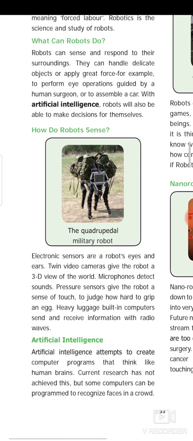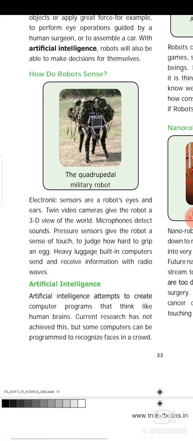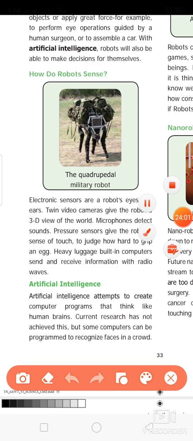How do robots sense? Electronic sensors. This is a very important thing that you have to know. Robots means automatically, knowingly or unknowingly, your thought will move on to the movie Endhiran. So don't be too exaggerated. That thing may be possible in future, but nowadays it is not possible. We are further developing robotics into the next generations, so these things will be possible in future.